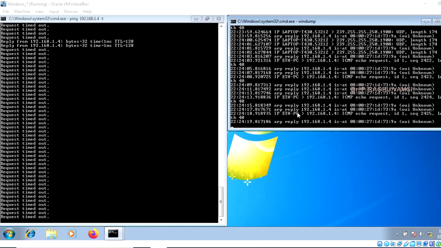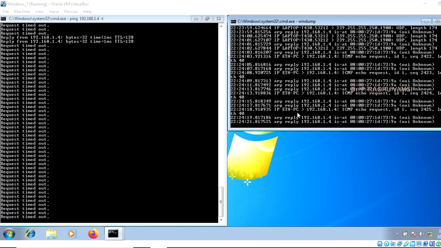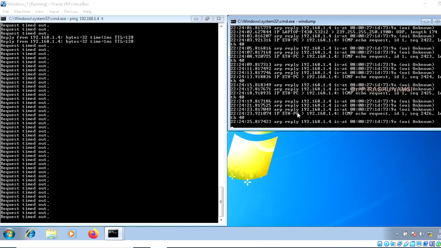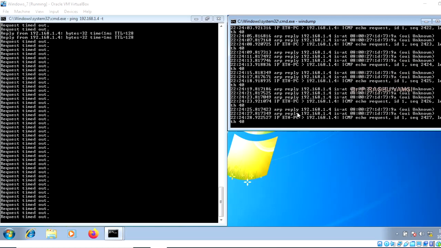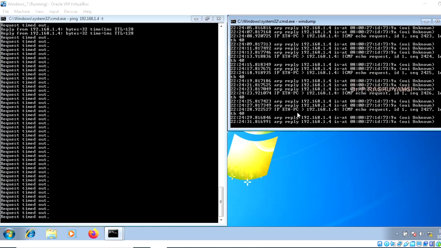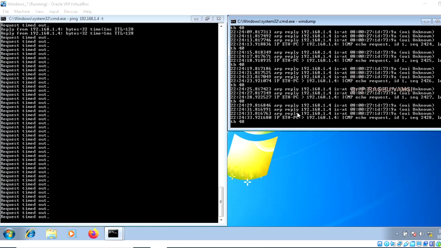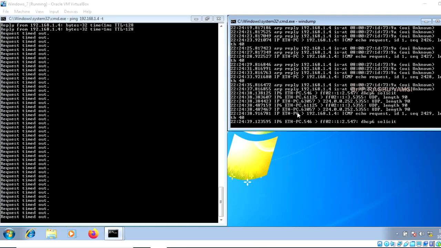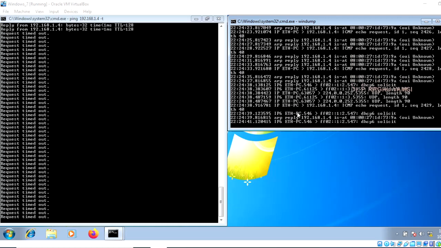Instead of Windows XP, actually Kali Linux is sending the request to Windows 7. Now, what happened here? The Kali Linux became the man in the middle, and it is interacting with Windows 7. But Windows 7 still feels that Windows XP is requesting the ping or ICMP echo request to Windows 7.